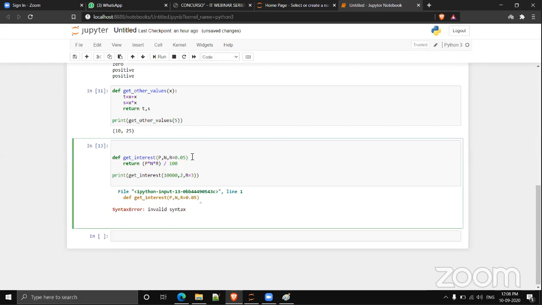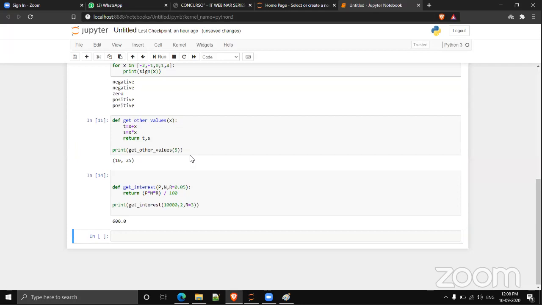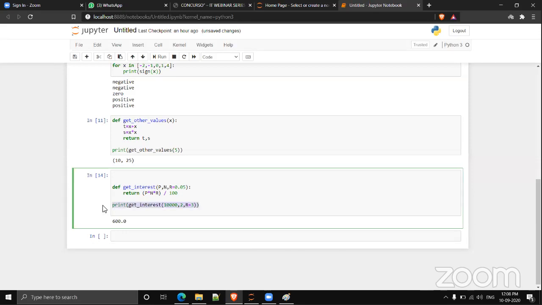So here, if you're not specifying it, it will take the default value, that is 5%.